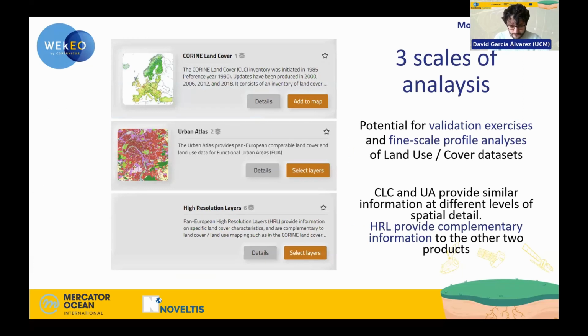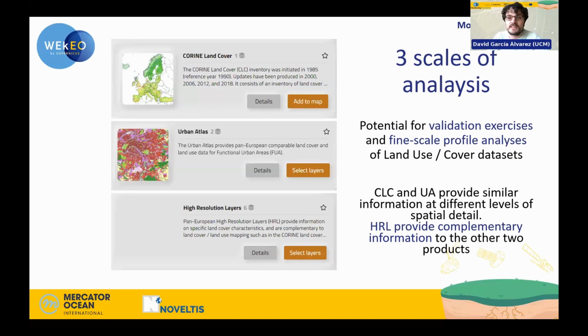All in all, there are 3 different products that allow us to comprehensively understand urban dynamics by providing complementary information at 3 scales of analysis, from the coarser one of Corine Land Cover to the finer one of the Urban Atlas and the high resolution layers, with the high resolution layers providing complementary information to the other 2. We can use these products also, and this is quite interesting, something that I've been working with in the last years,